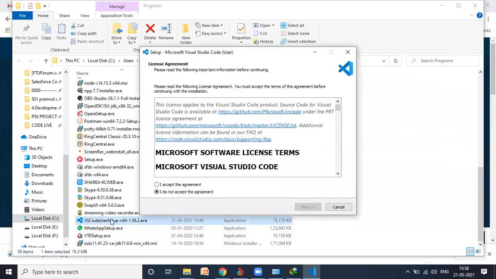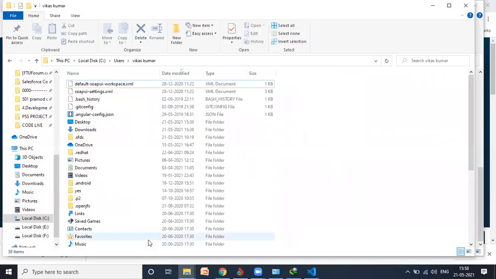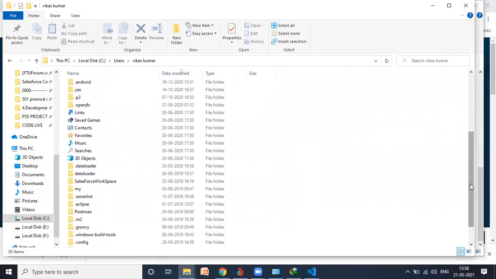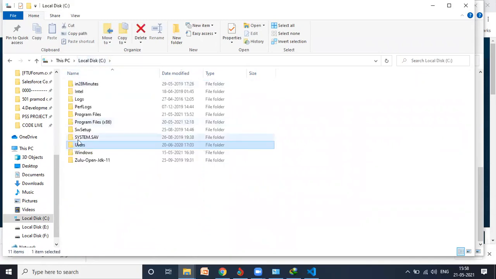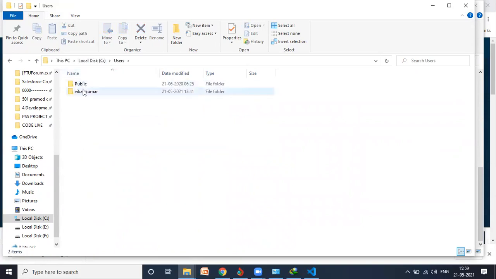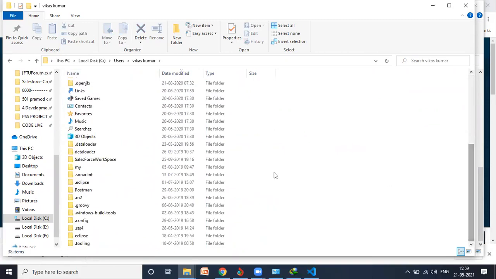Now guys, one more additional thing I want to show you. Whatever applications I installed will be visible in the dot folder. How can we check which applications we have? So guys, what you have to do is go to C drive, under that Users, and your name, then scroll down, and all the applications in dot format you will be able to see.